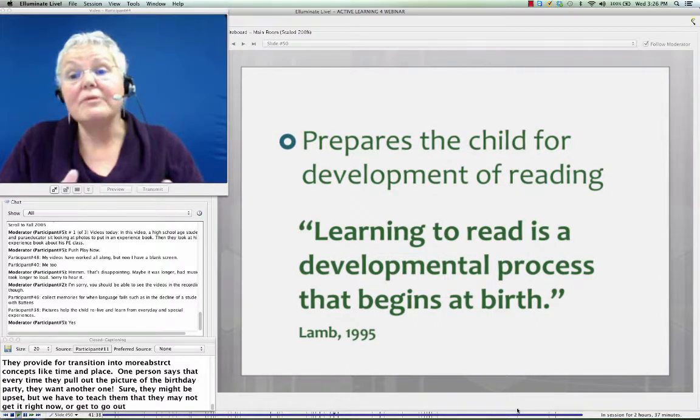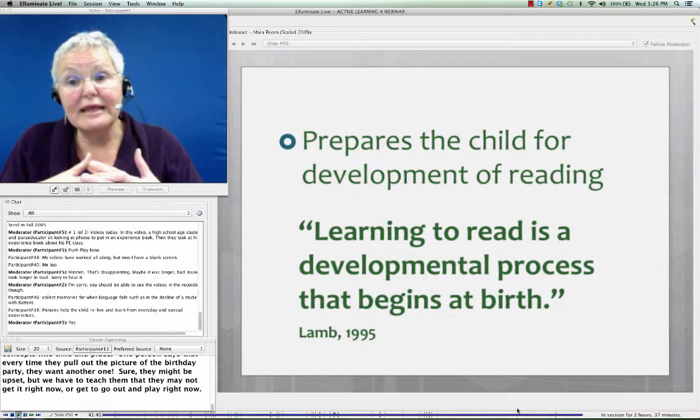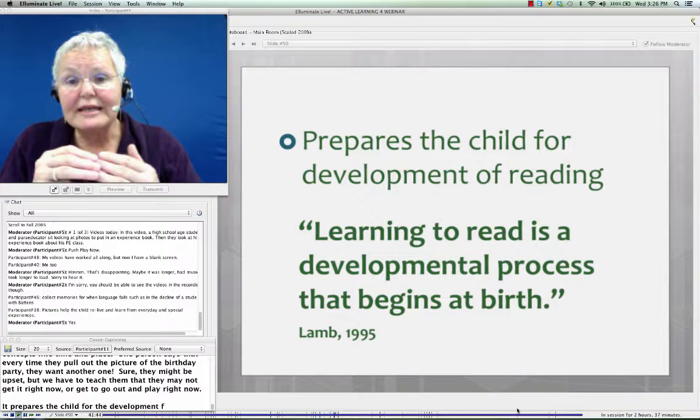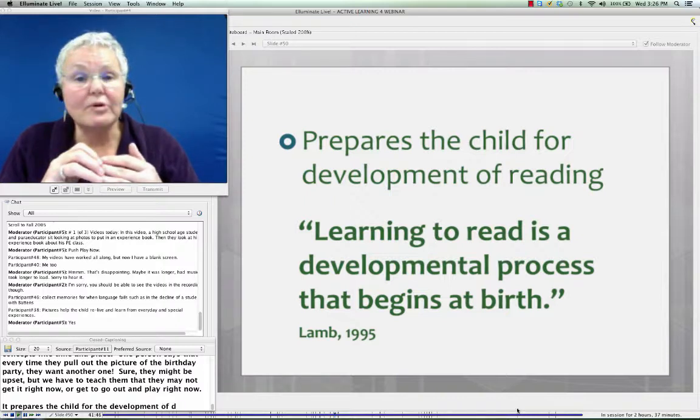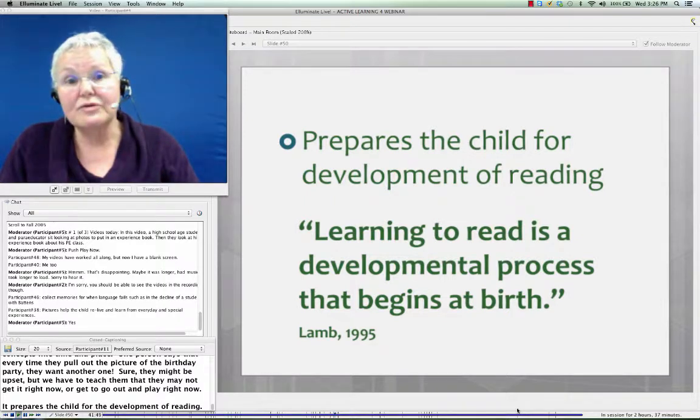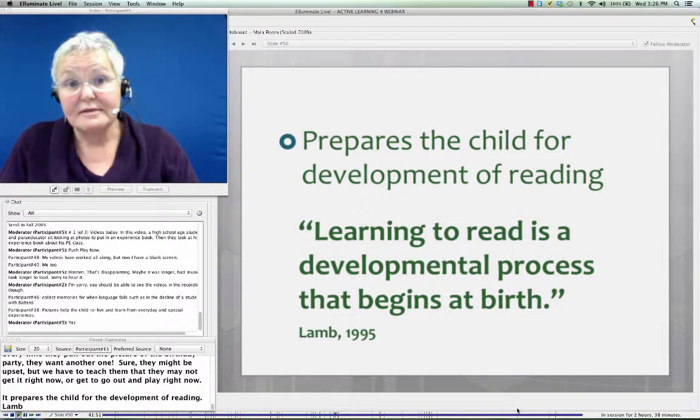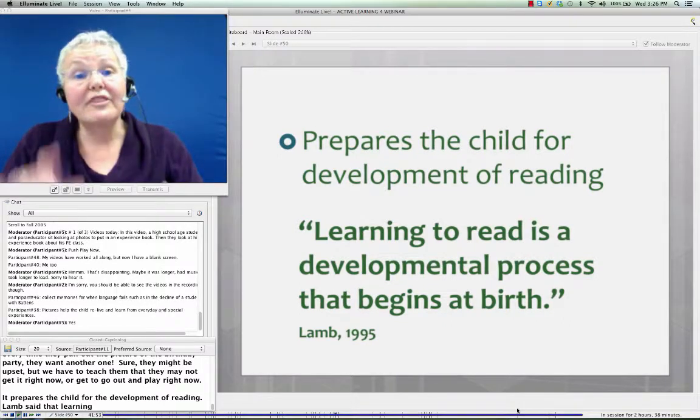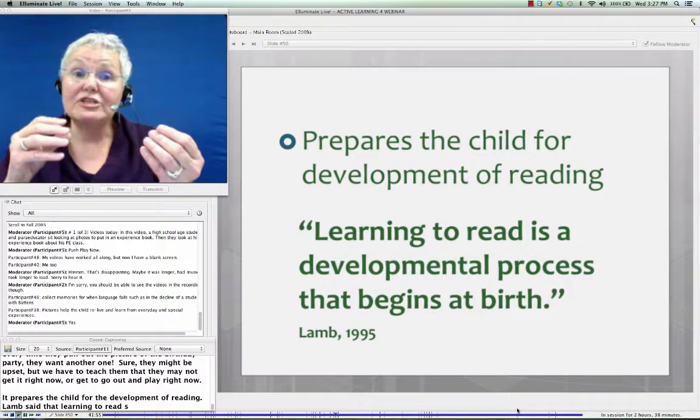It prepares the child for the development of reading. And Lamb said learning to read is a developmental process that begins at birth. So the child can't be too young for this. And for those of you who are thinking about the idea of, oh gosh, then I could do pictures because